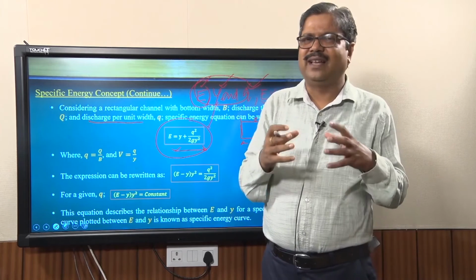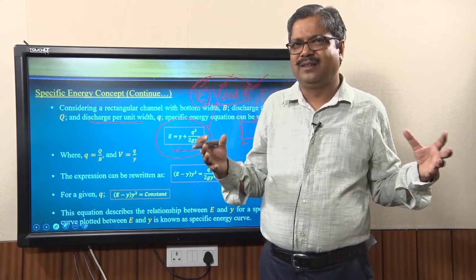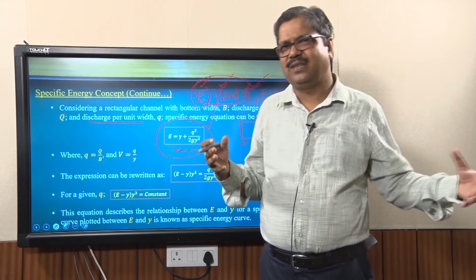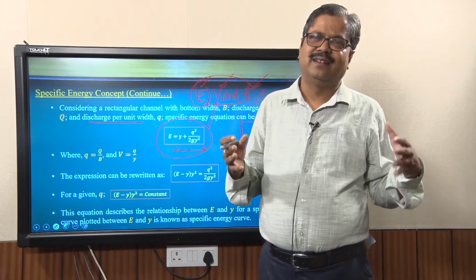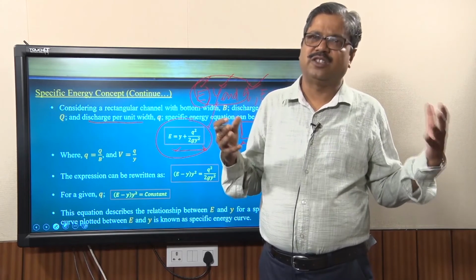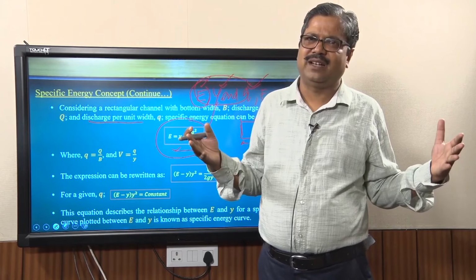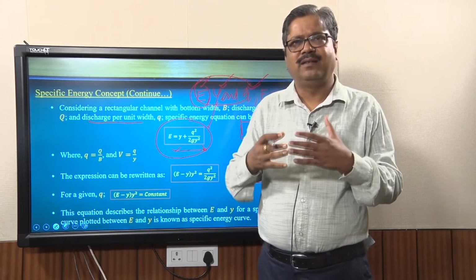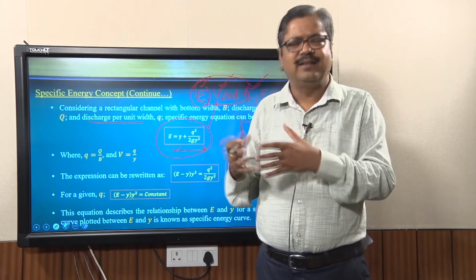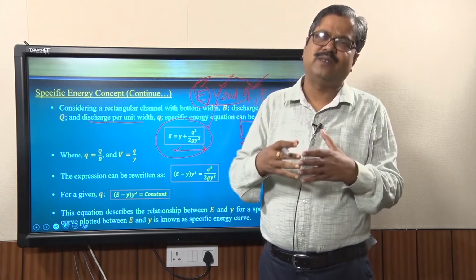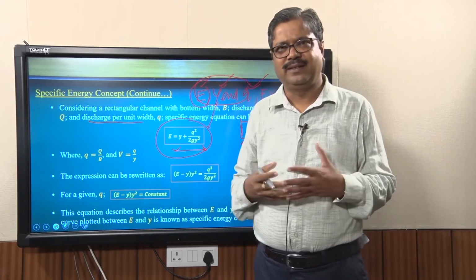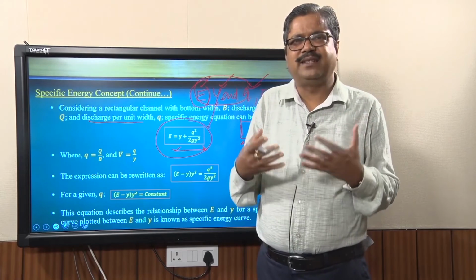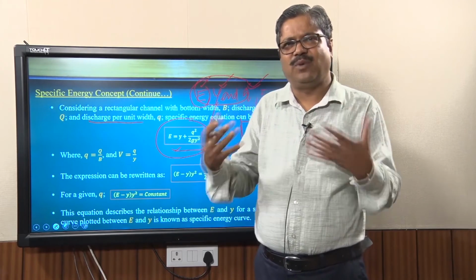Try to understand it: there can be two conditions. One is E constant, where energy dissipation is not that significant. Second is that discharge per unit width is a constant and not varying that significantly. If those are the conditions, what is the relationship between q and y, or in case of q constant, what is the relationship between E and y, because the flow behavior happens like that. So, with this relationship we can understand the different types of flow.